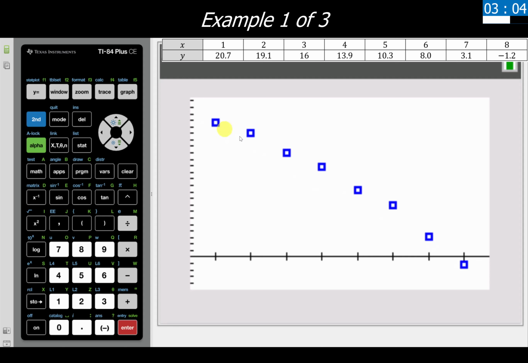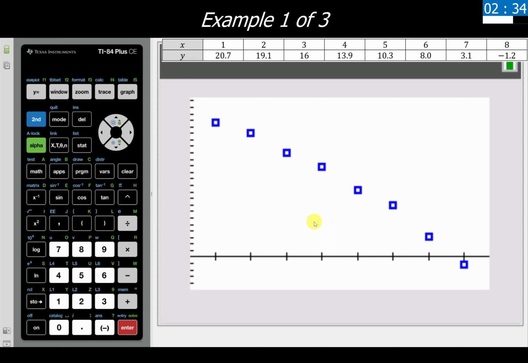As we're looking at it, does it look linear in nature? Does it look parabolic in nature? Or does it look exponential in nature? For this one, this looks pretty linear in nature. Maybe it could be a very gradual exponential, but for the purposes of my class and what we are going to be going through, I'm not going to be that nitpicky about it. This looks linear. Let's commit to this being a linear equation.